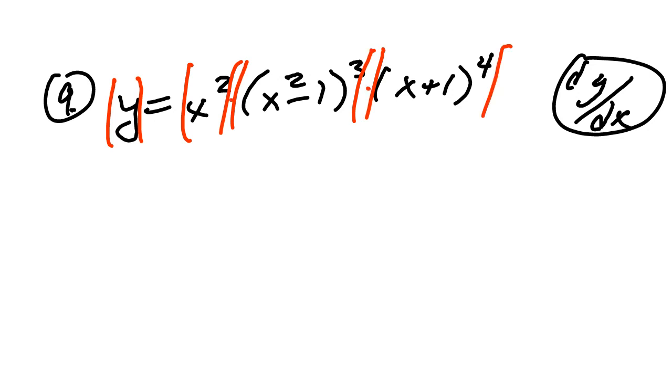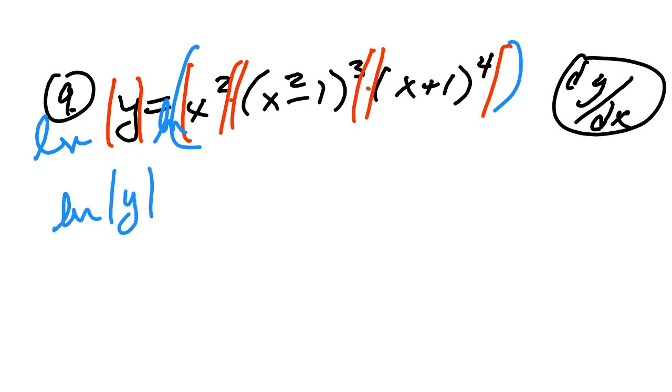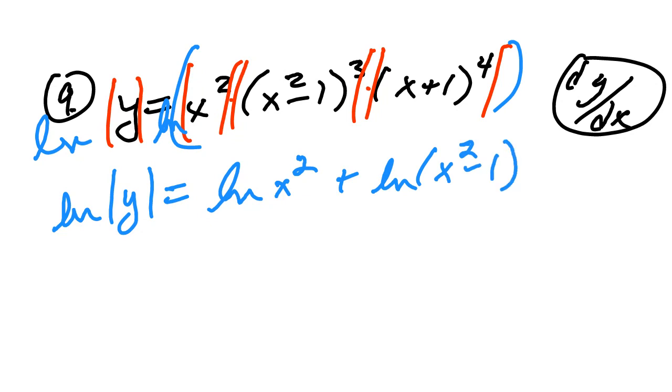So we have this, and then I'm going to take the natural log of both sides. And then on the right side, so that's natural log of that quantity, I'm going to have log rules that I use. So the log of the product is the sum of the logs. So anyway, this becomes natural log of x squared, which I don't need that absolute value, right? And then plus the natural log of x squared minus 1 quantity cubed,